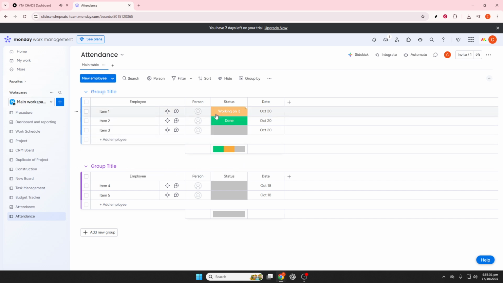Finally, when you need to analyze or document the data further, use filters to view specific employees or dates. You can export your attendance data to Excel by selecting Board menu,